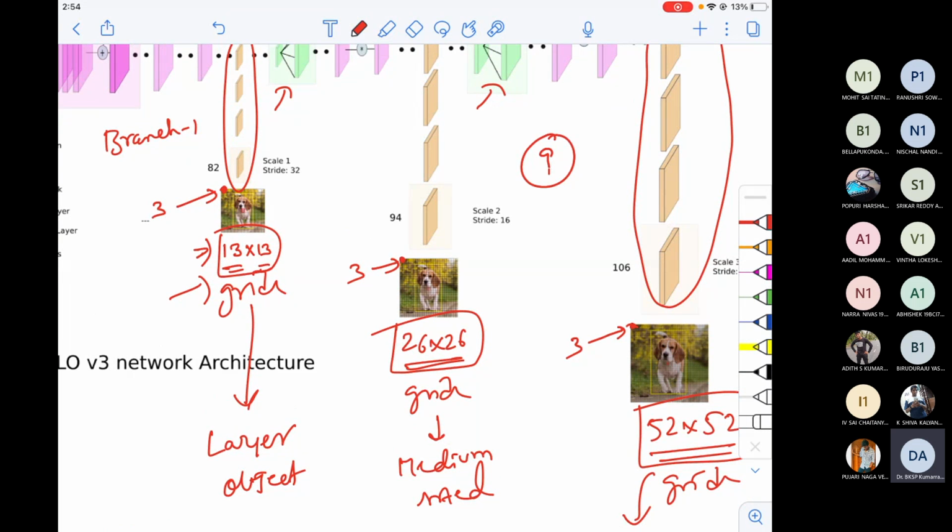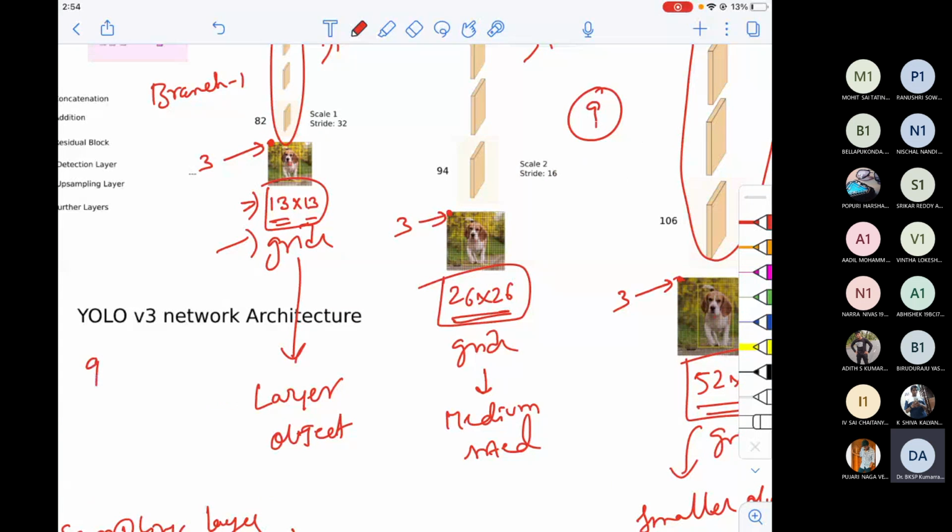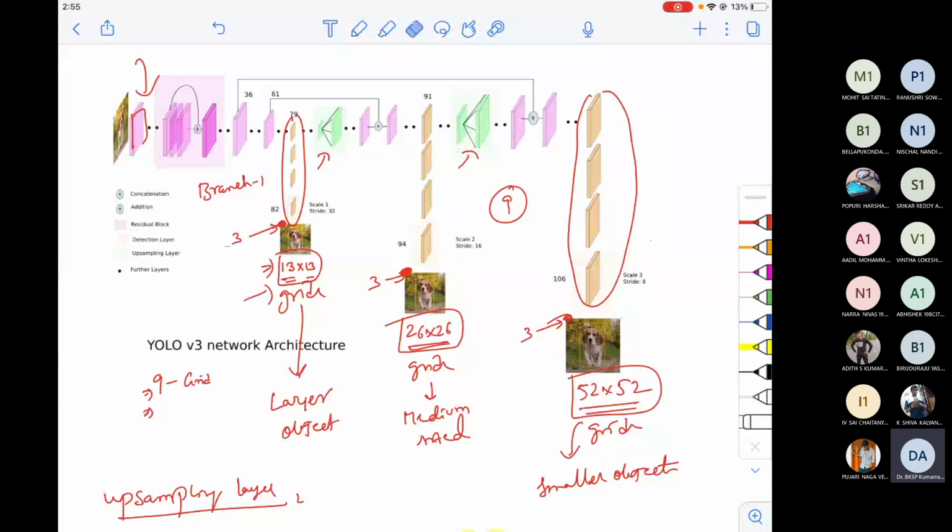Similarly, here YOLO V3 draws 9 anchor boxes, not for every pixel, but for every grid, across grids of different scales, 3, 3, 3, totally 9 anchor boxes. This is the other point you have to remember.